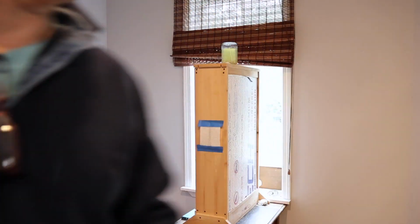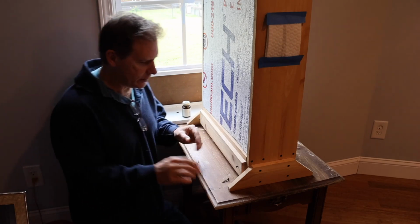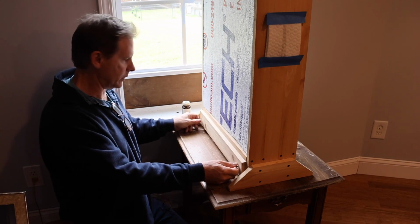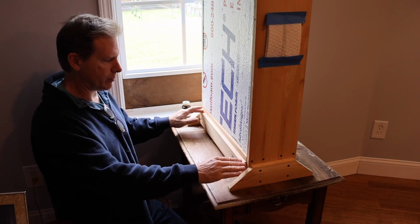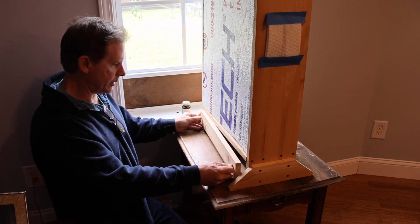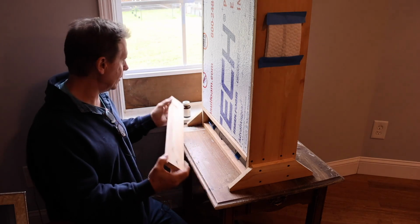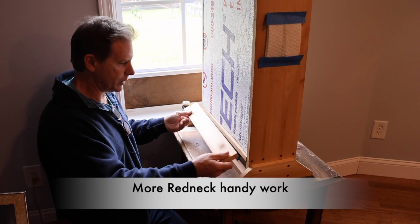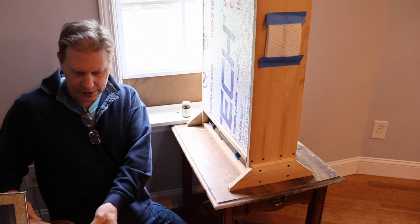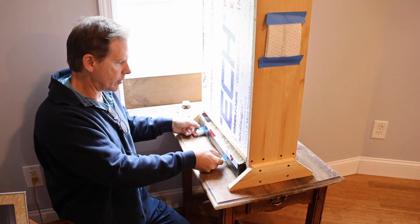Now, one last thing I want to show you. Well, I'm sorry about the lousy lighting here, but I want to just show you this. I made this little door. It's a clean out section, so there's some screen bottom here. It's number 8 hardware cloth. And then I've got about a 3-inch space below that, and I just take off this little panel, and you can make it prettier. You can use hinges. I've just got some screws in here. It always seems like I'm fighting against time to build these things, but I made a tray in here out of corrugated plastic,